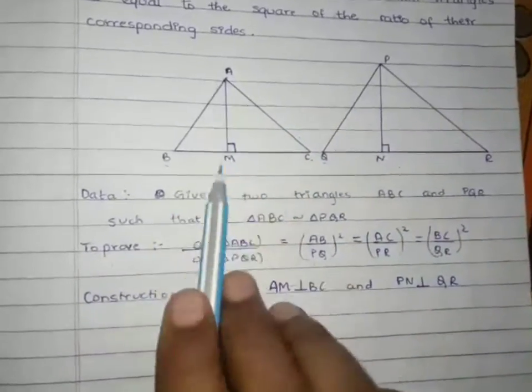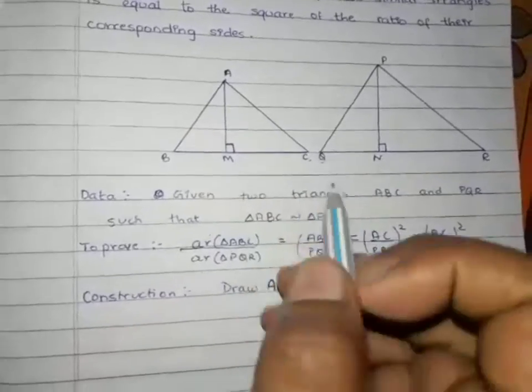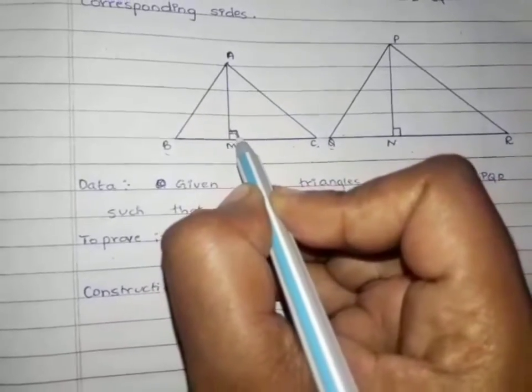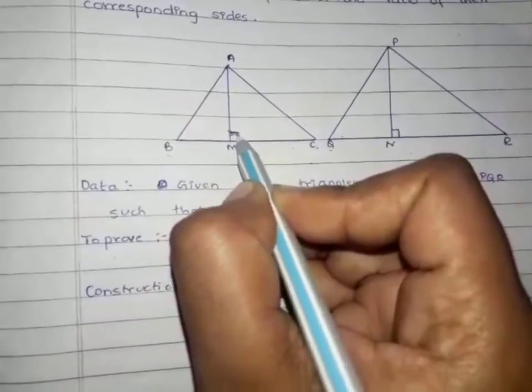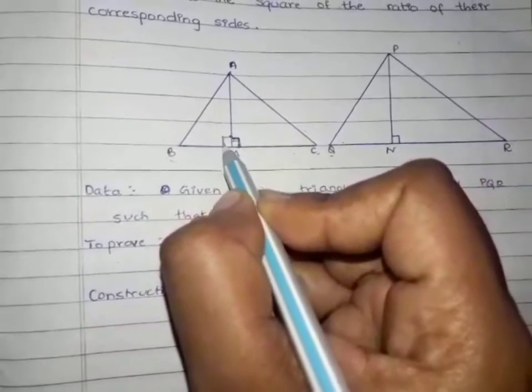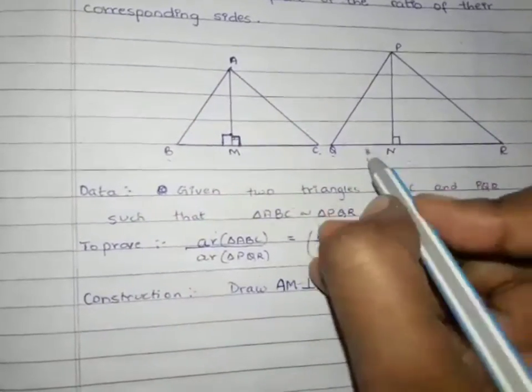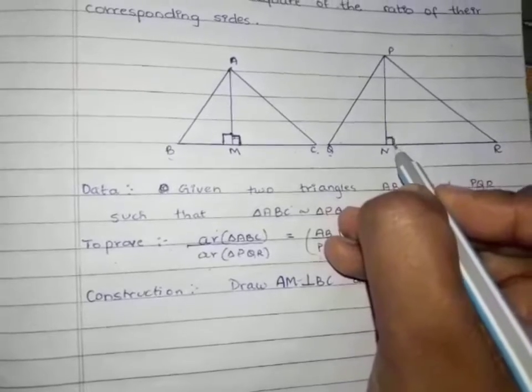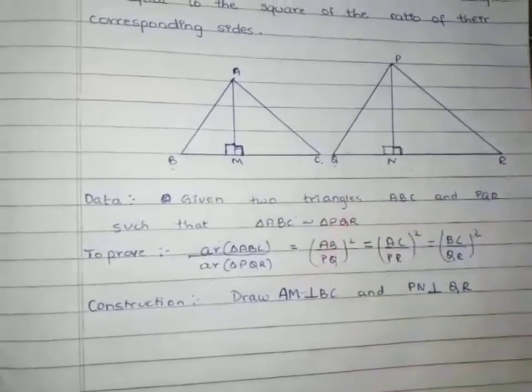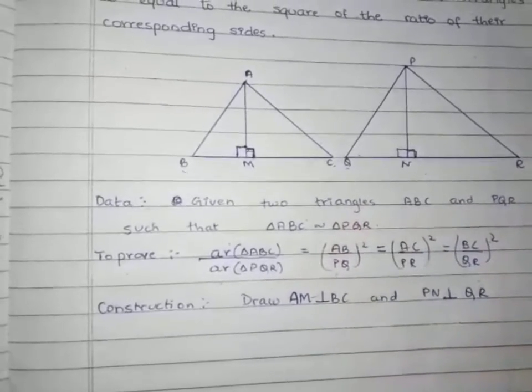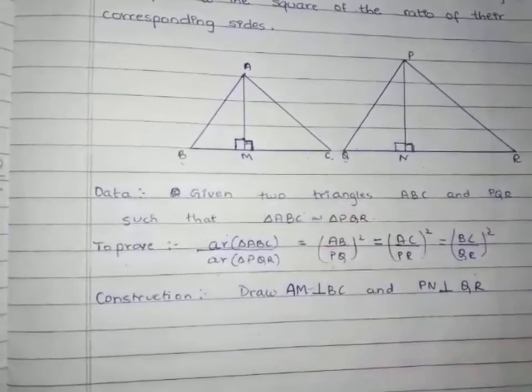Okay. So when we are drawing two lines perpendicular, that means the angle made by them is 90 degree each. So this is 90 degree and on the other side also it will be 90 degree. Similarly, here also both the angles on either side of the line will be 90 degree. Okay. Now let us start proving.